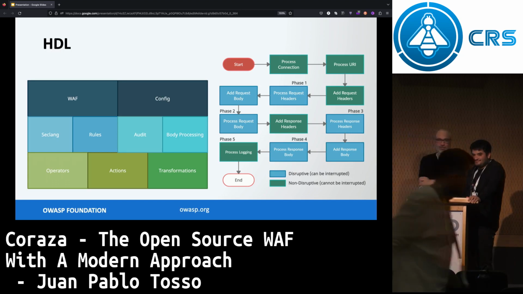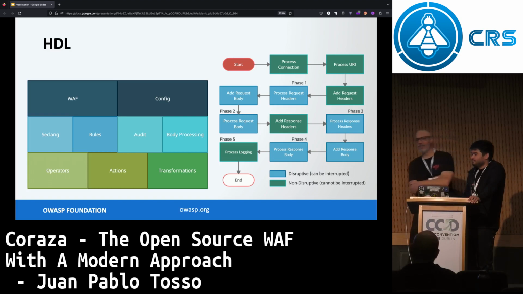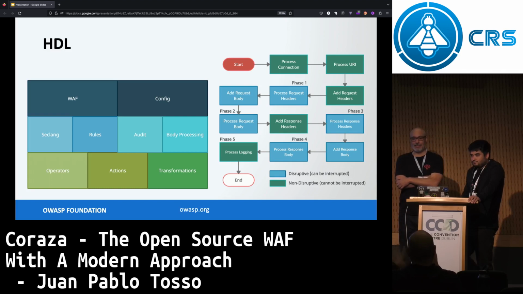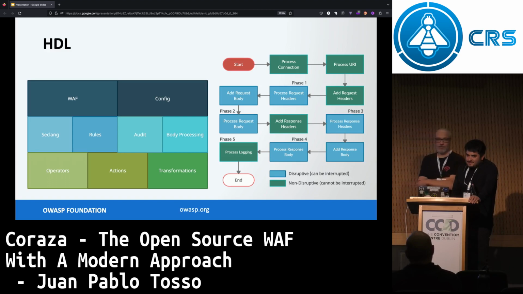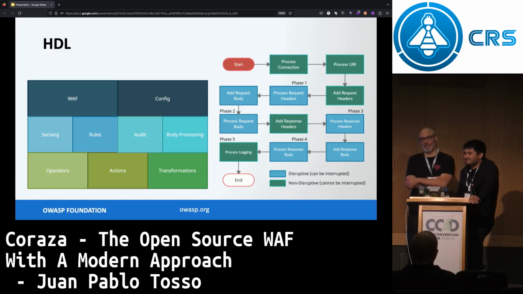Just a question about content that has multiple types. For example, a body that has multiple parts and has mixed content. So you have HTML and JSON. How do you split it and handle it with their different contexts? You mean HTML inside a JSON or JSON inside an HTML? Both. Or a multipart where you may have a file and you have... No, multipart is supported. You can have anything in a multipart. It will be parsed by a different parser.